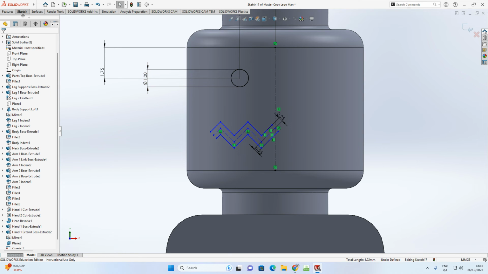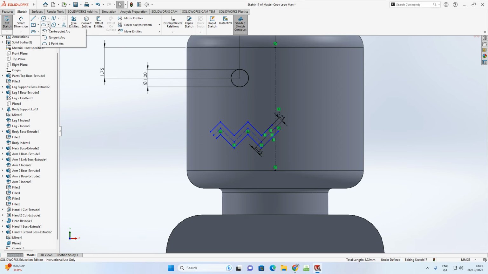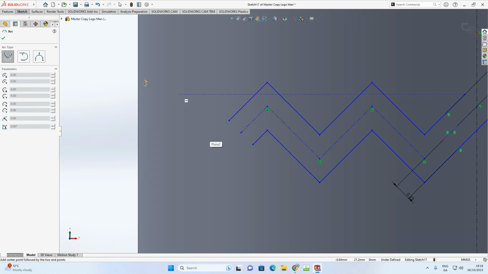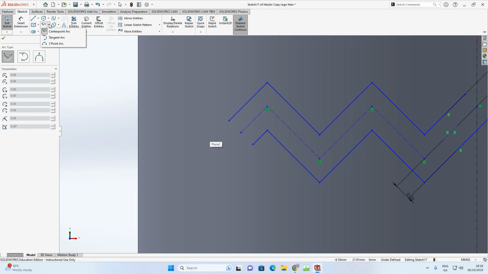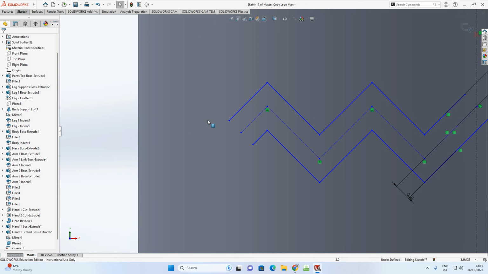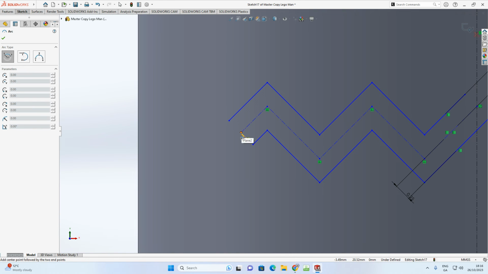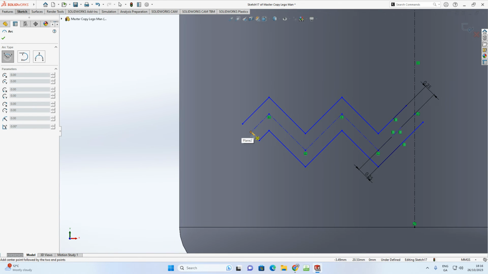All I'm going to do now is close that off. So I'm going to go to my sketch tools, I'm going to get a 3-point arc, sorry, a center point arc actually. Yeah, center point arc. Make sure when you're in sketch, you select a center point arc. Then after selecting that, press escape there, sorry. Sketch, center point arc, click on this part here of the mouth. Do it out to here